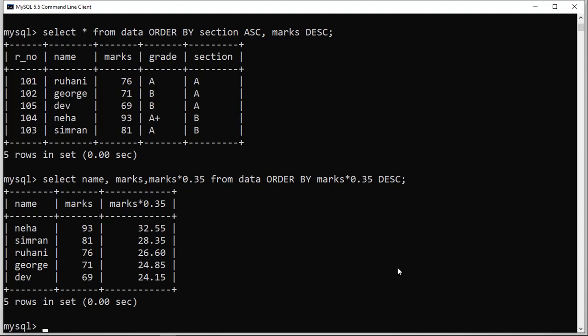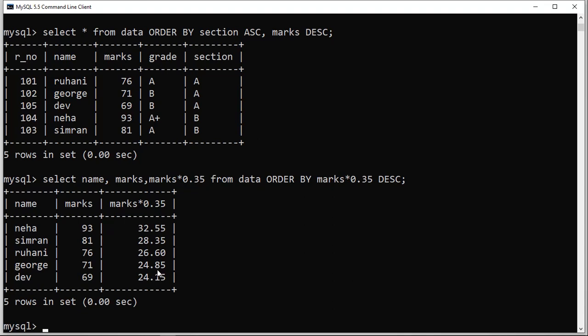Now we have the table. You can see this marks into 0.35 column was not there in the table, but according to your query it has created this column, and it has sorted the result according to that. Already you know that the marks are sorted in that form only, because 0.35 of the total marks is going to be in the same order as the marks column. So these two results are sorted the same way, but there can be situations where the values are negative and you are going to square them, and then the result may vary. That depends upon the situation by which you are going to order.